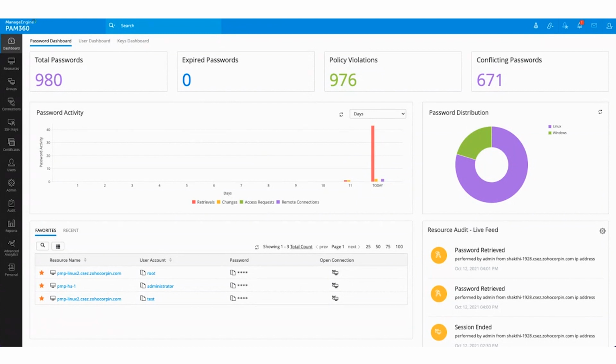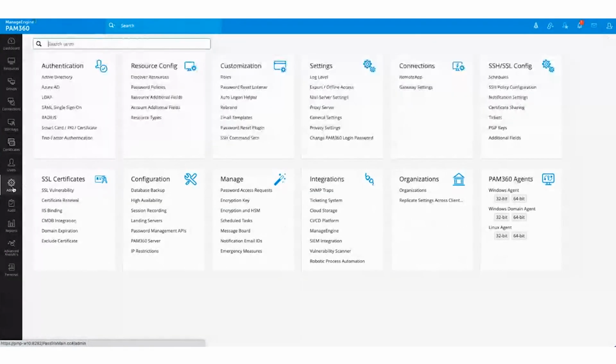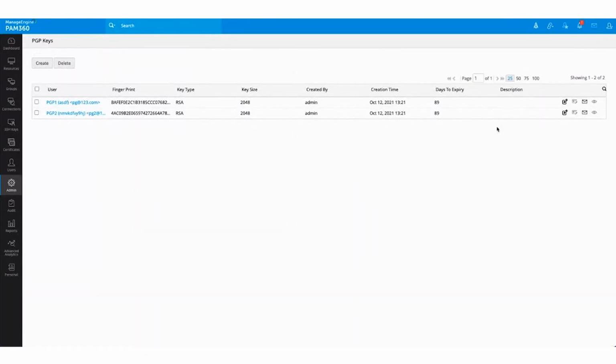So PAM360 has dedicated modules for each of SSH keys, SSL certificates, and even PGP key management. So this actually facilitates the lifecycle management of these identities. So right from discovery, inventory, creation and deployment, key rotation, certificate renewals, and audit via orchestration of multiple workflows from